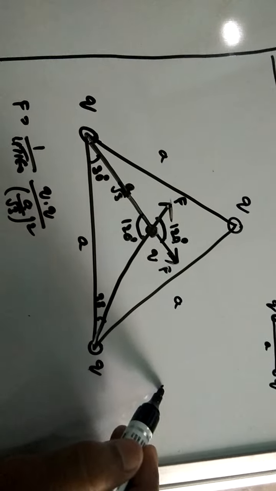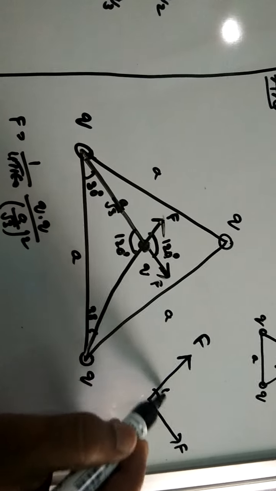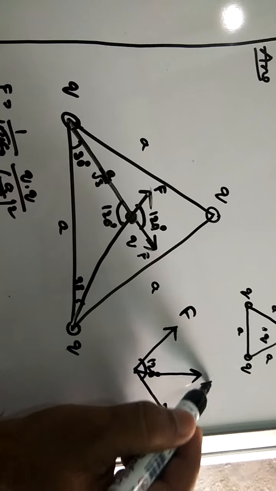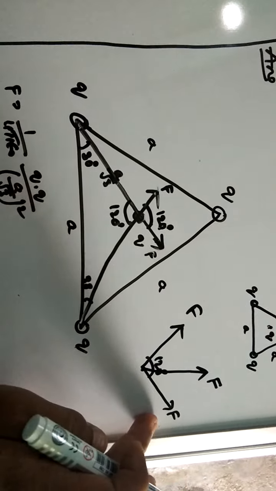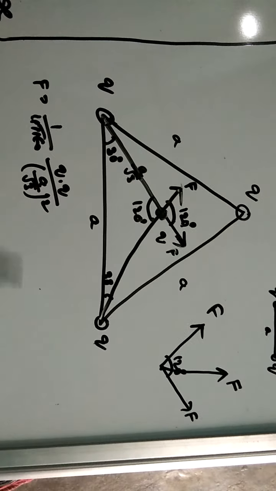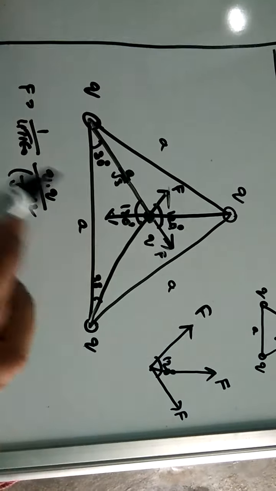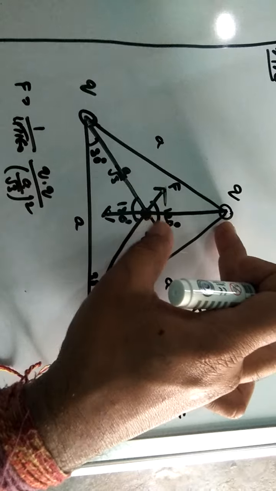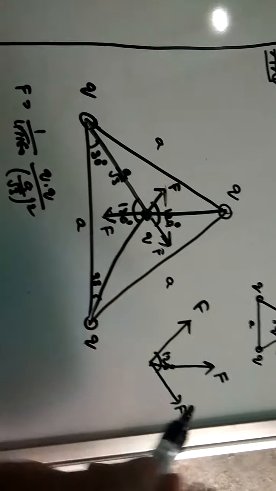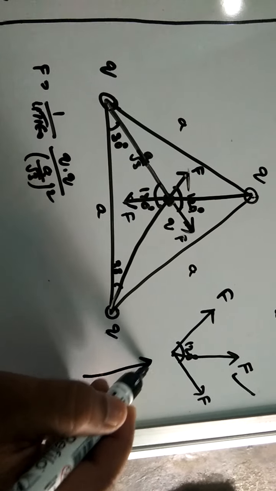So here I am writing separately two forces f and f. The angle between them is 120. So automatically, apply the parallelogram law, the resultant is also f. If it is f and f at 120, the resultant is also f. Here we are forgetting one more force. It is also applying a repulsive force on it. So for this force also, the distance is again the same, a by root 3, the charges are q and q, and this force is also equal to f. Now the resultant of these two is f, which is acting like this.